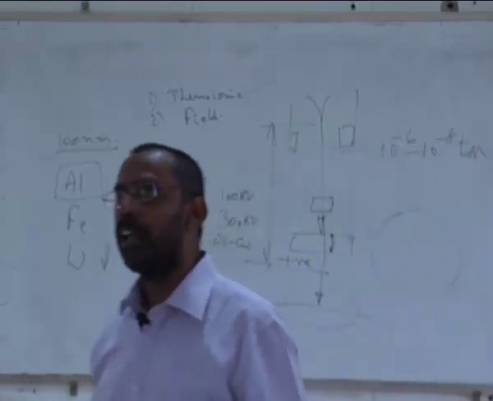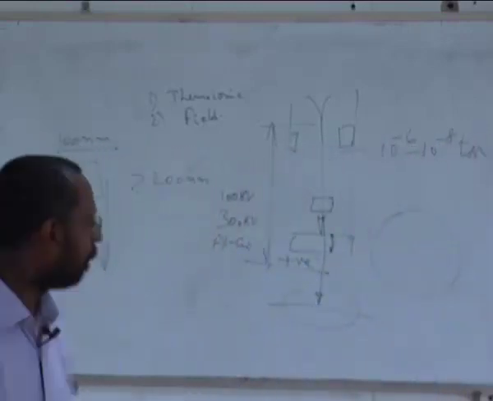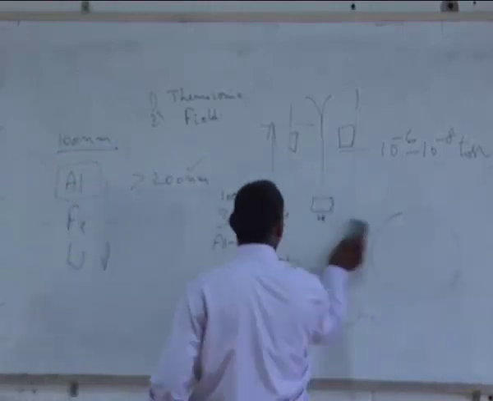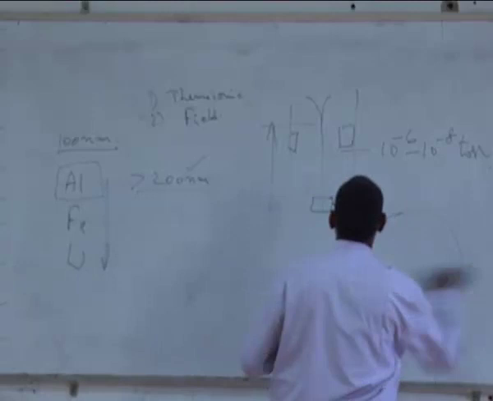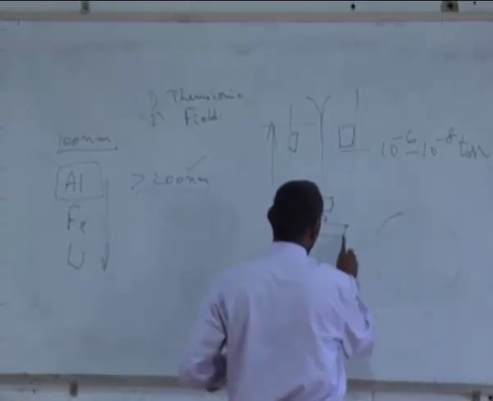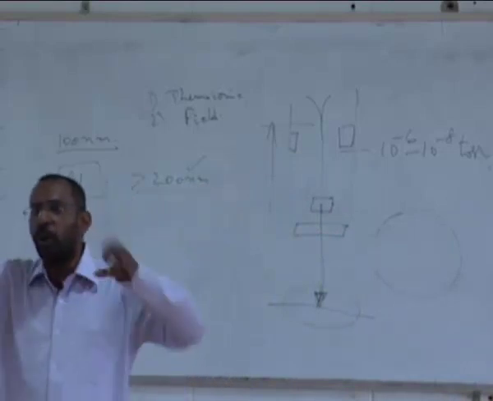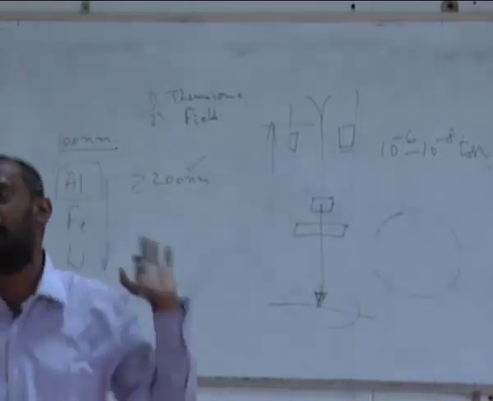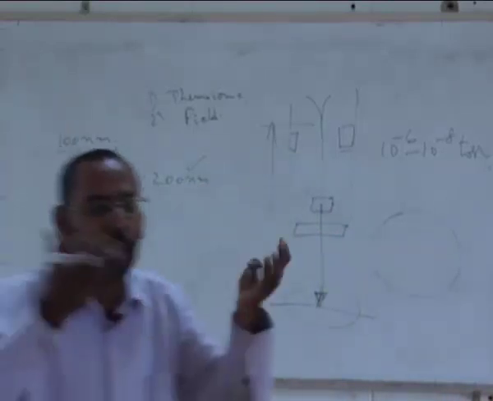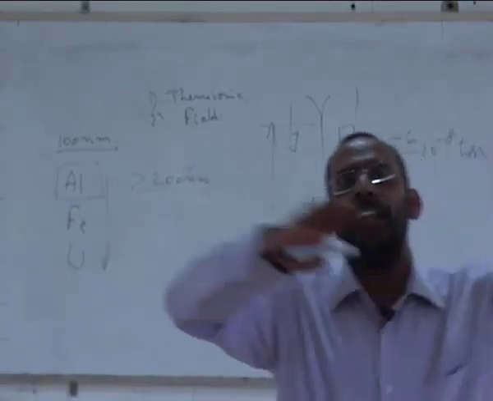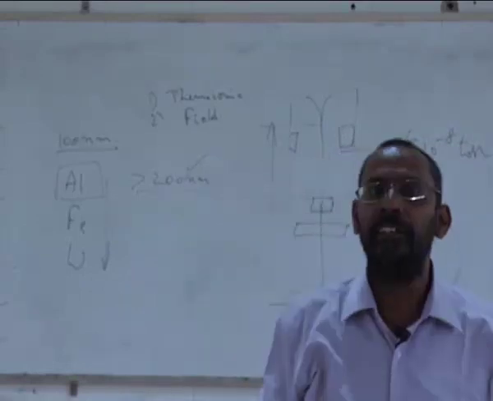What I can do is I simply disperse the particles. For example, I have a microscope in which I have to hold the sample here in the path of the electron beam. How do I hold nanoparticles in the path of the electron beam? I cannot just allow them to float. So for that I need to have a kind of a substrate on which I can have these nanoparticles.